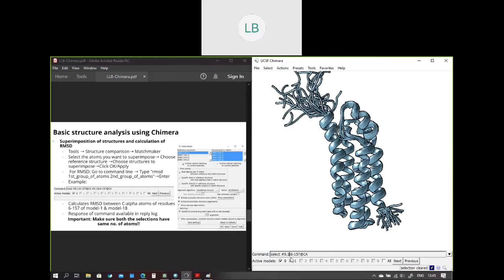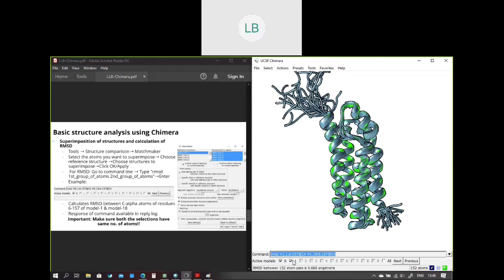So press rmsd. You can see that the RMSD here is 0.66 angstroms. The only thing we need to be careful about is making sure the selection is correct. If we give a wrong selection, it will throw an error just like it did right now. And we need to make sure that the number of atoms is the same. If the number of atoms is different, the RMSD will be different.